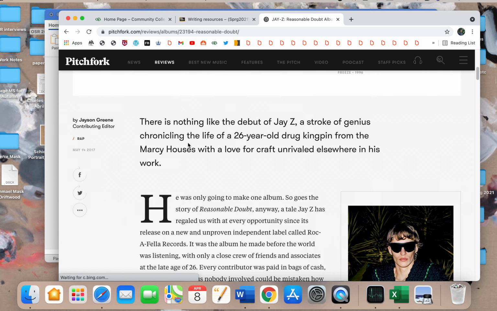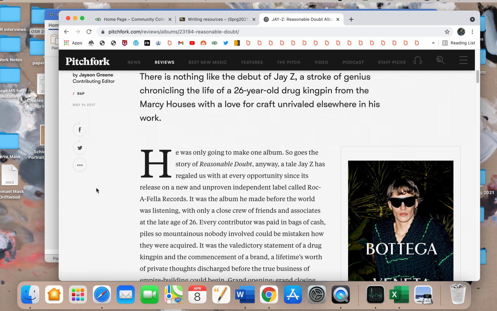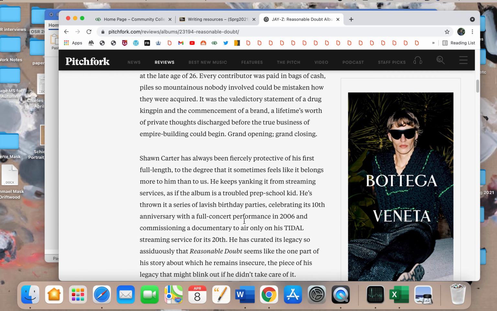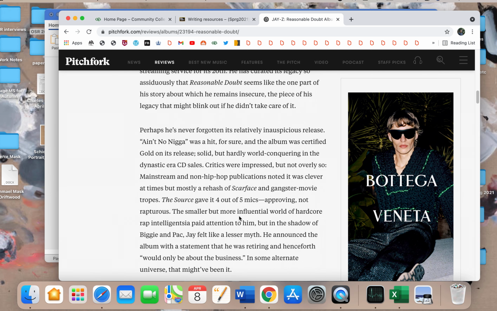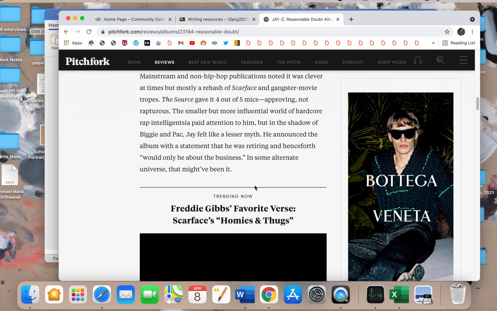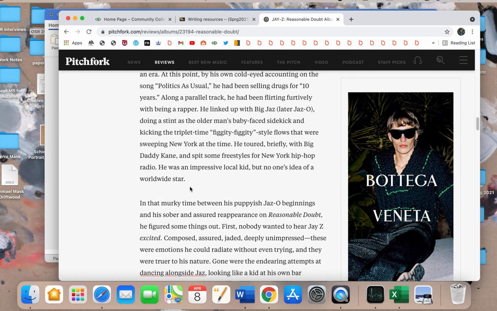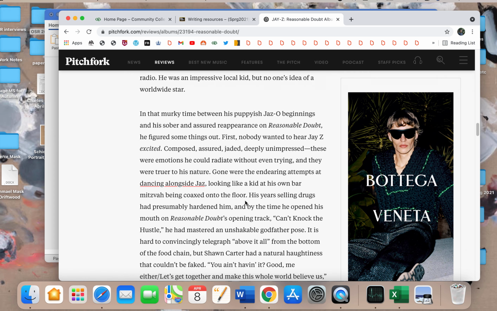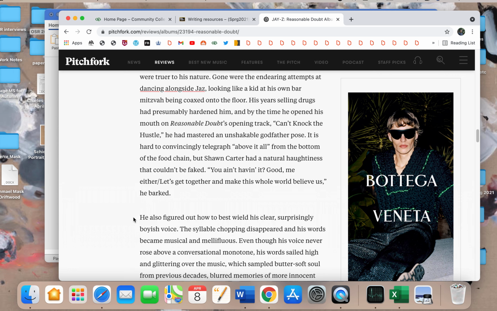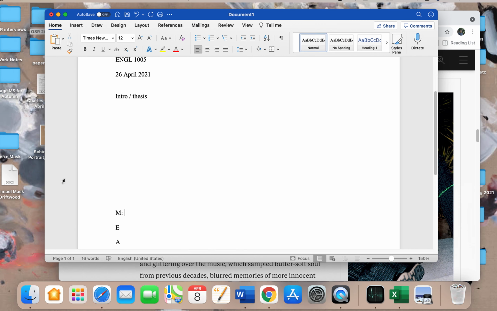I haven't read this article, so I don't even know what it says about Jay-Z's Reasonable Doubt. Let's see what it says here. Okay. What's something I can pull out of here? All right, that looks like an interesting quote. So, main idea could be